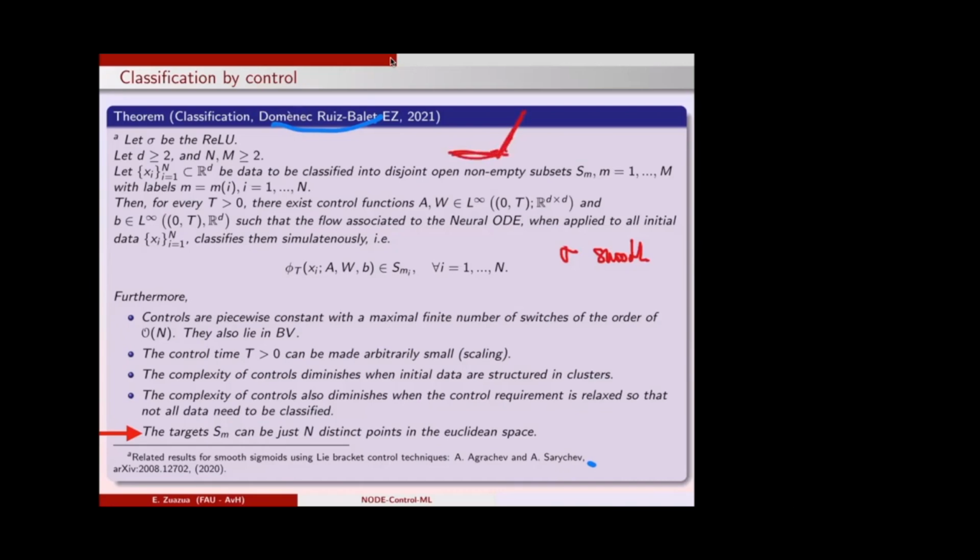If you take a ReLU which is a little bit regularized, the same proof will work. Why? Because overall, we are trying to get to open sets, and getting to open sets is an open condition. You make a small variation of the nonlinearity, and you will still have it. Good. So you see, in principle, our proof, even though it's done for the ReLU in order to simplify the presentation,